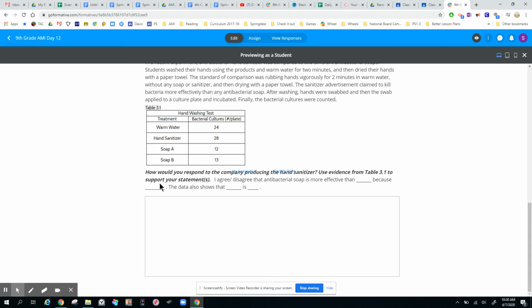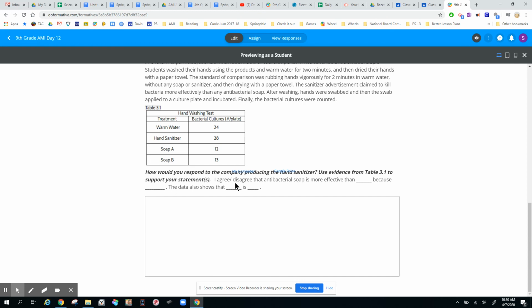So here's your question. How would you respond to the company producing the hand sanitizer? Use evidence from table 3.1 to support your statements. So you've got to talk to this company who said that the sanitizer advertisement claimed to kill bacteria more effectively than any antibacterial soap. So you've got to make a response to that company, and you are either going to agree or disagree